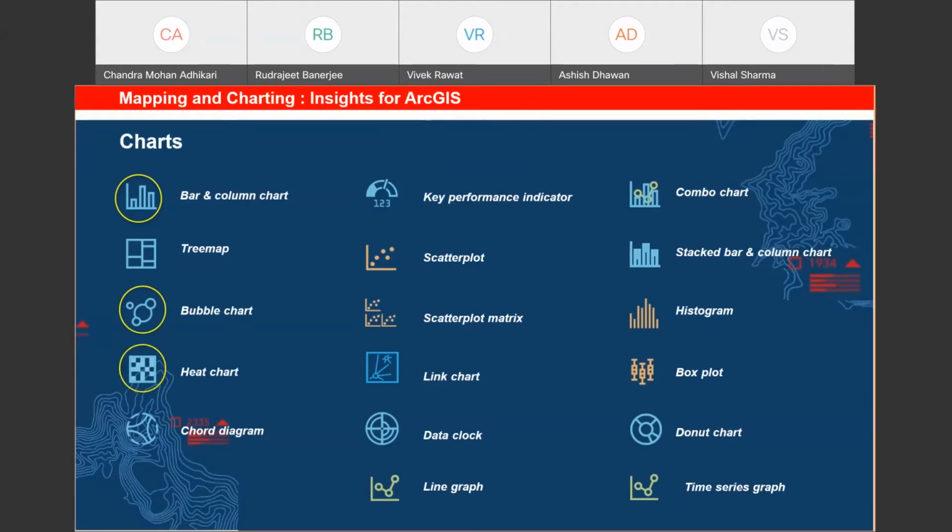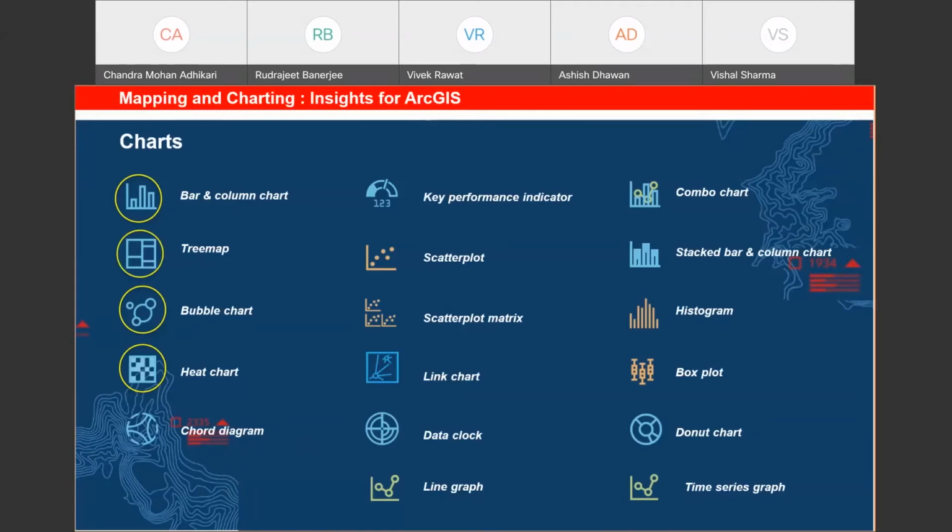Next, let's take the heat chart. Say, for example, a crime analyst is trying to study the theft happening in his area. So which kind of crime is happening most often, and when? If you want to go for such kind of analysis, heat charts are going to give you the total frequency in a matrix. The values in each cell of the rectangular grid are symbolized into classes, thus helping you in visualizing the distribution from high to low values, the trends, and much more, so that it can help the user.